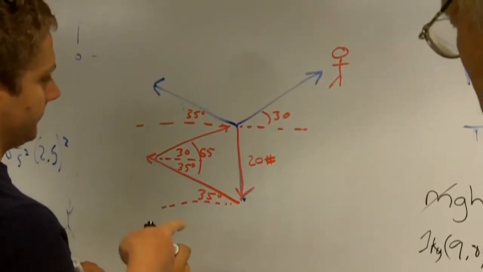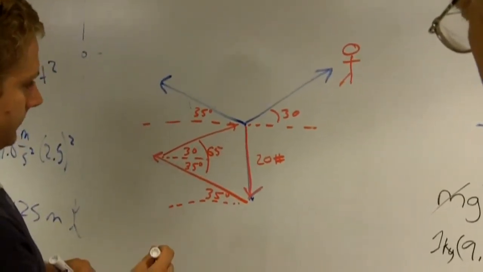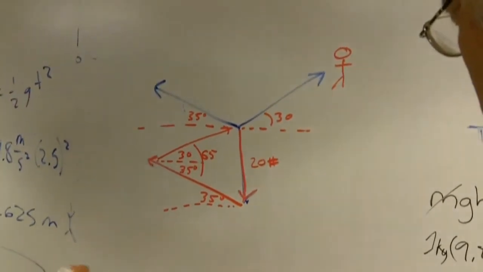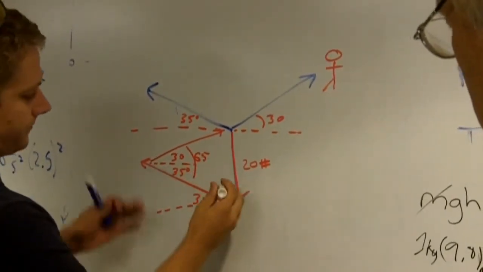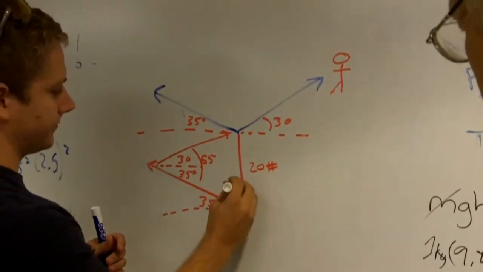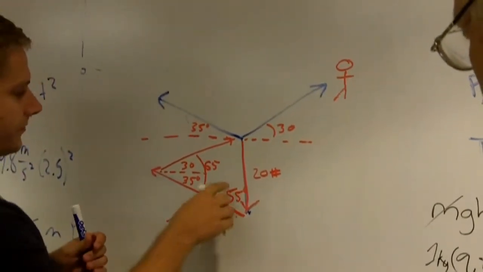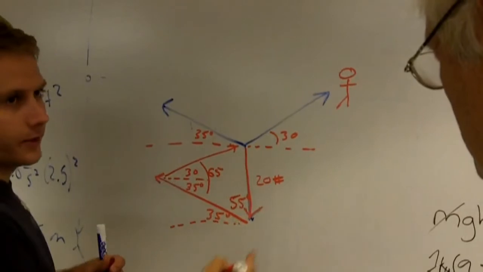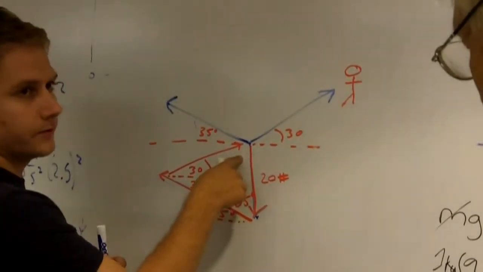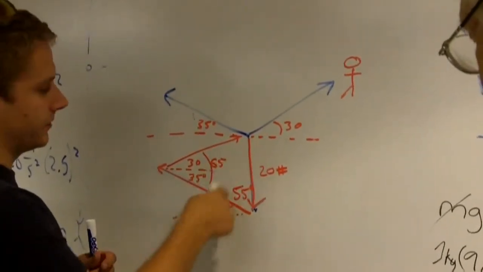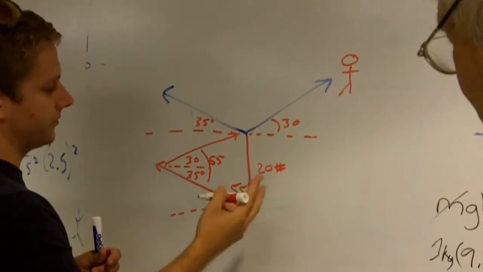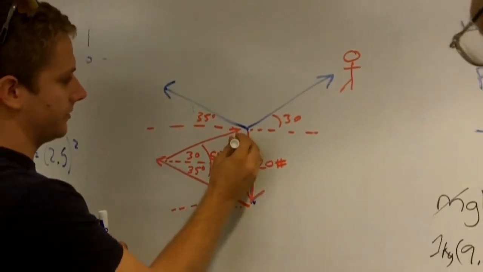And you know that one because you got 35 on the outside. It's a right angle. Oh, right. Okay, so this is 55, right? The other one's simple. And so now 55 and 65 subtracted from 180 gives you that other angle. So it's 60, that's 120, so this is 60, right?